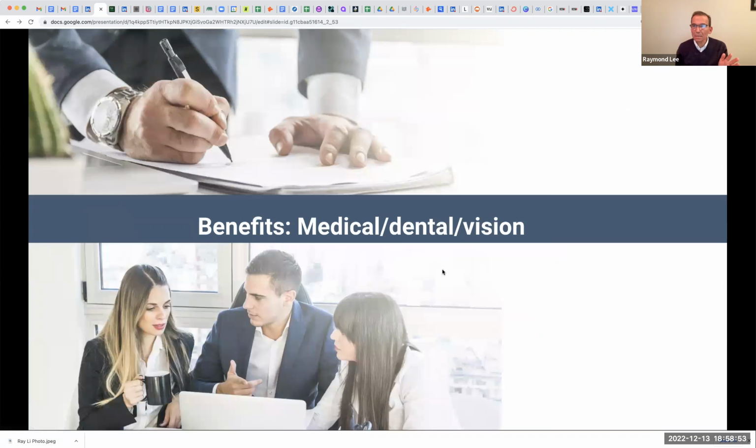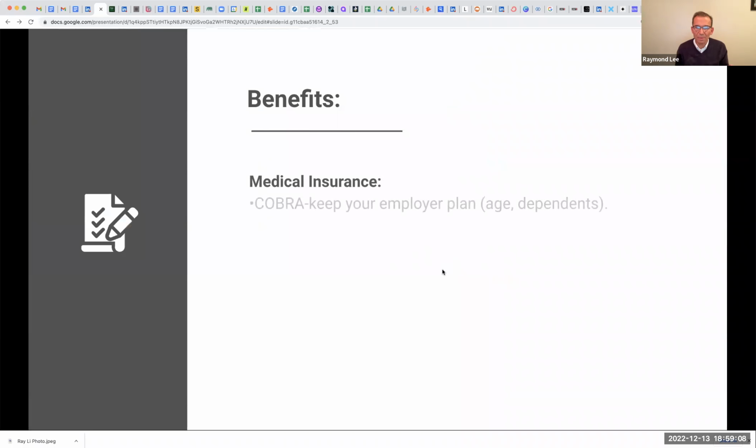Okay, so the last section, and this is not much of a section anymore. It's like, okay, if you're leaving your employment and you need to get your own insurance, how do you do that? But this is less of an issue than it's been in the past. I mean, option one, of course, is keep your last coverage as long as you may want to. If you like the coverage, if the rate is good, keep your coverage from your last employer. So there are strategies for doing that, hanging on to that.